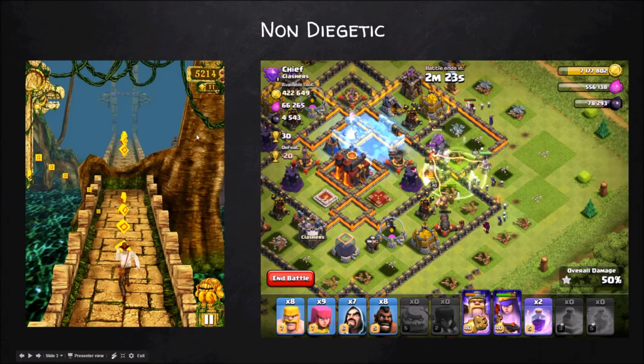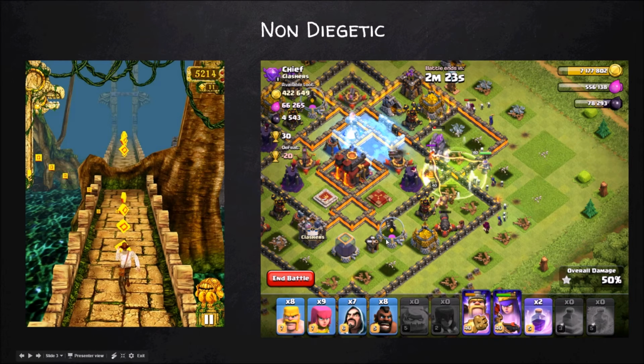So coming to an example of non-diegetic GUI, here you see in the game Temple Run your score is shown in the screen space, which is where usually the non-diegetic GUI is drawn, and this number, your score, doesn't belong in the scene. I mean, you can use this score for any other game. You can use the same score for Flappy Birds. That number doesn't belong in the fictional world of a guy running in a temple. So this is an example of non-diegetic GUI.